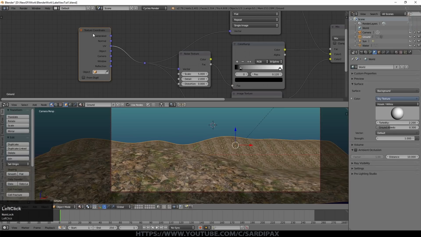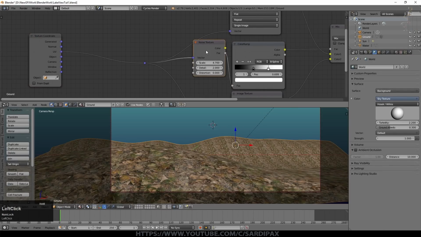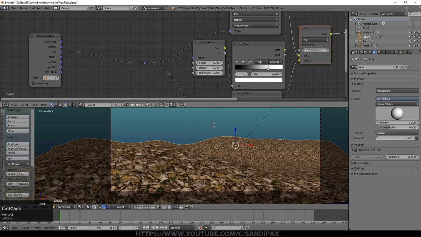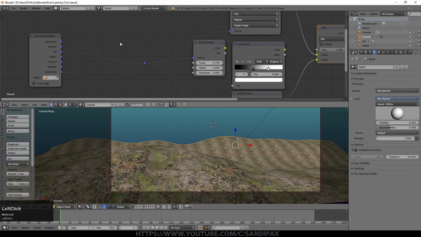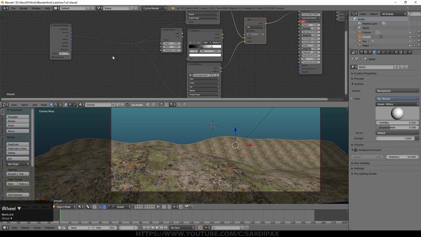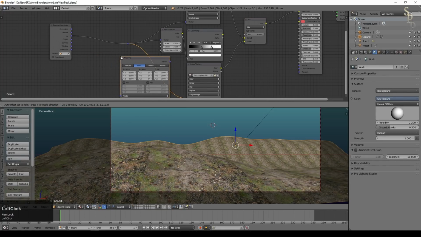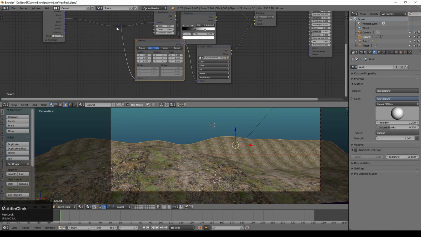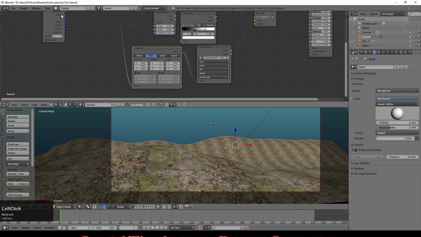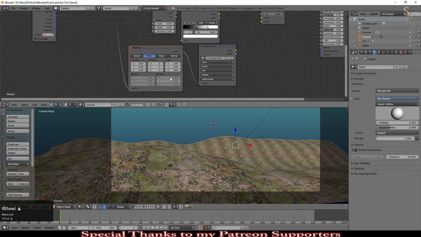The other thing that we can do, just turning that down a bit, I think these textures are basically the same size, which is also a problem. Yes, you can see they're both aligned perfectly there. If they were different size textures, this would work better, but what we can do is we can fake that. We can add a vector node, which is a vector mapping node, but I'm only going to put it into one side of this set of connections here. So that's basically the UV map as it goes into the image texture here.